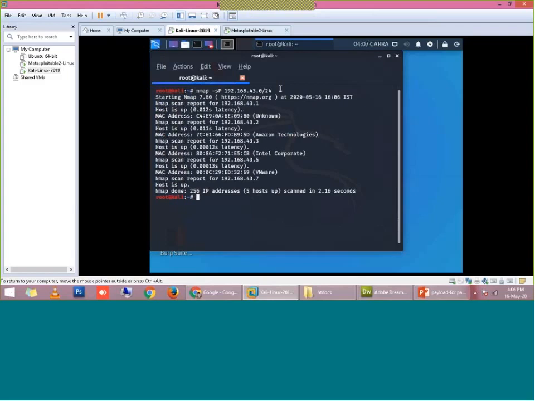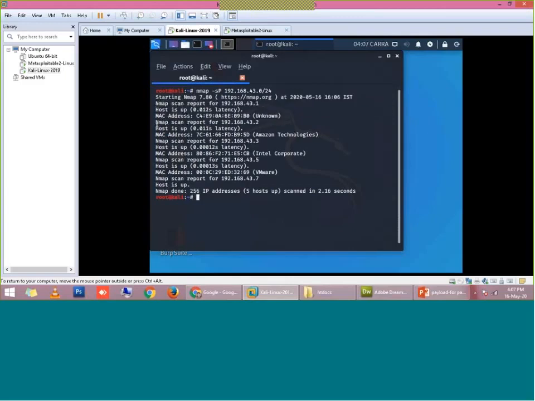So it will scan throughout the subnet, and it will list all the machines' IP addresses and their MAC addresses which are currently running. So you can see here, after scanning, it is showing that Nmap scan reported 192.168.43.1. It is running. It is my gateway. In this case, this is my hotspot, right? My router is there, 43.1. And it is showing the IP address and MAC address of my router, my hotspot, right?